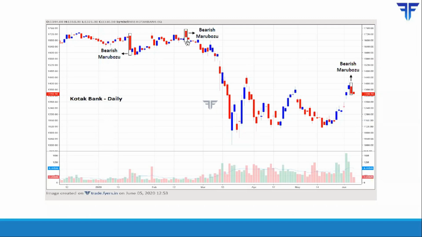But later on, as you can see, another bearish Marubozu formed that had opening at exactly the high and closing very near the day's low. That was followed by a strong reversal in the price of Kotak Bank in the subsequent days. So as you can see going forward, the high of bearish Marubozu remained intact, but once the low pierced, we saw prices heading lower in the subsequent days. Now over here, another bearish Marubozu has formed, wherein the opening and the high are the same, and the closing and the low are the same, and it has appeared after a rally in price.